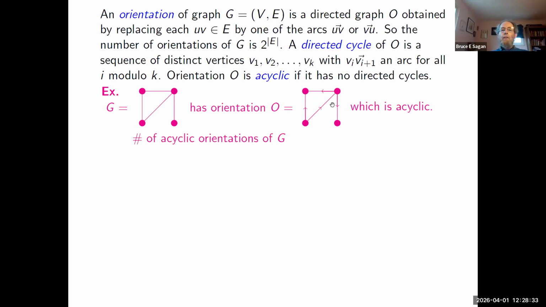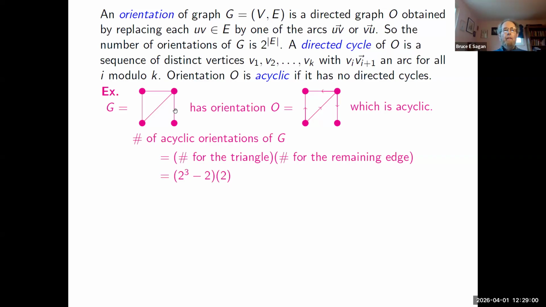Great. So let's count the number of acyclic orientations of this particular graph. Well, clearly the only place you could have a cycle is the triangle. So we could first count the number of acyclic ways to orient the triangle and then the number of ways to orient the remaining edge because it doesn't enter into any cycles. For the triangle, it's easier actually to take the total number of orientations and subtract the number of them that